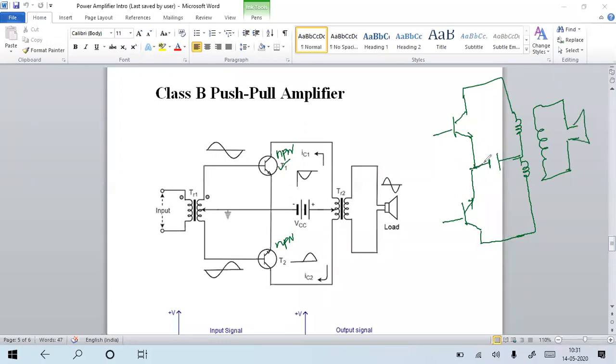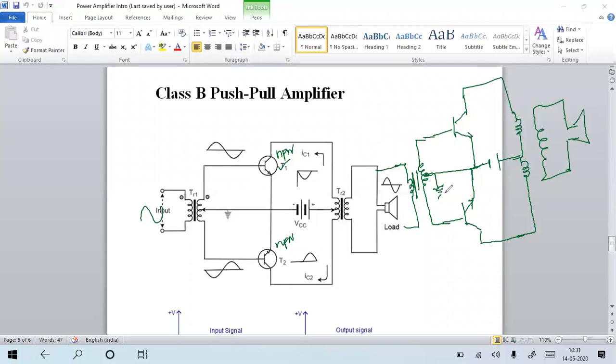That's it. This is also class B only, because if you are not providing the input signal, this transistor won't turn on. Only the DC voltage is applied, between the collector and emitter terminals. So what will happen here? At the base side, there is no biasing voltage; it is grounded. So what they are doing is providing the input voltage with the help of one ideal transformer, that means a center tap transformer. So the input is applied as an AC signal. Here this is directly shorted and the center point is grounded. A center tapped transformer.